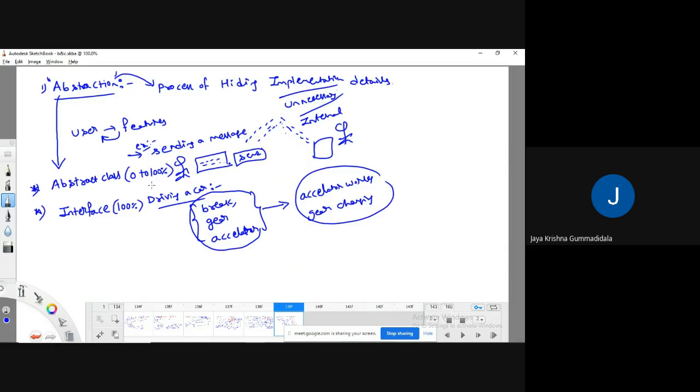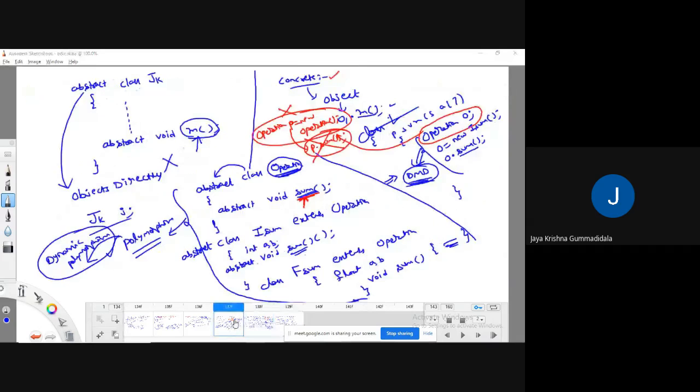I mean, see how we are achieving it through the concept of abstract classes. Here what I did, I made this class abstract. Whenever the user checks the profile of the class operation, it will show only some methods, but it won't show how it has implemented all those things.